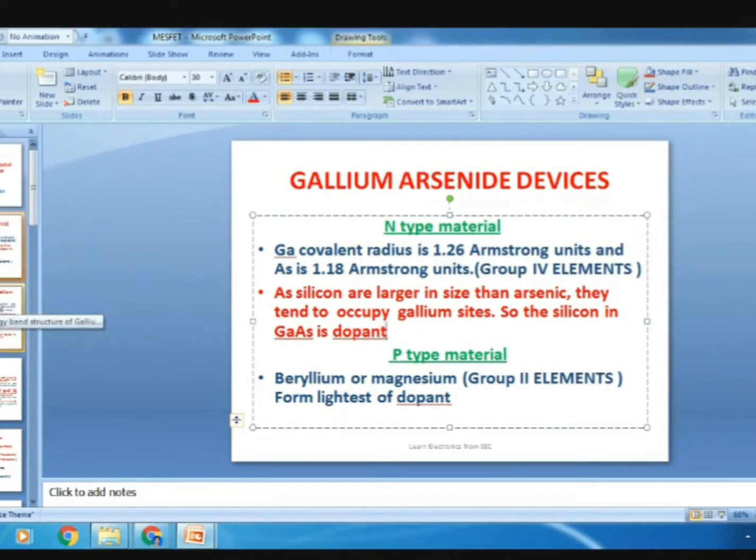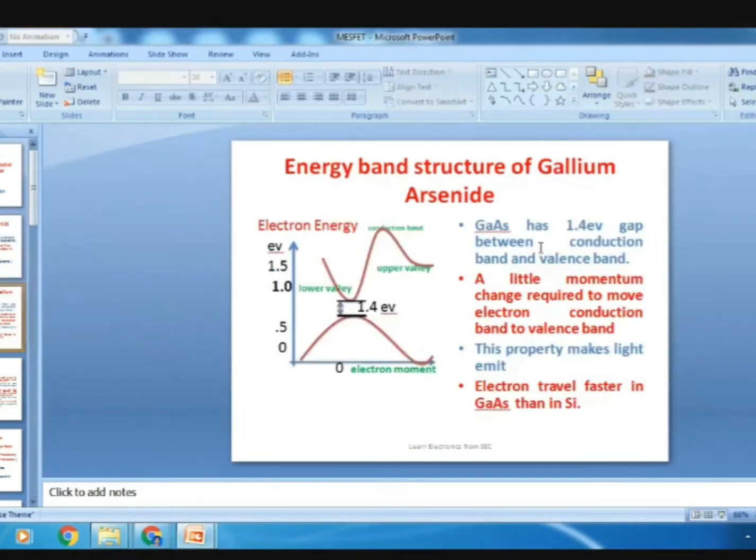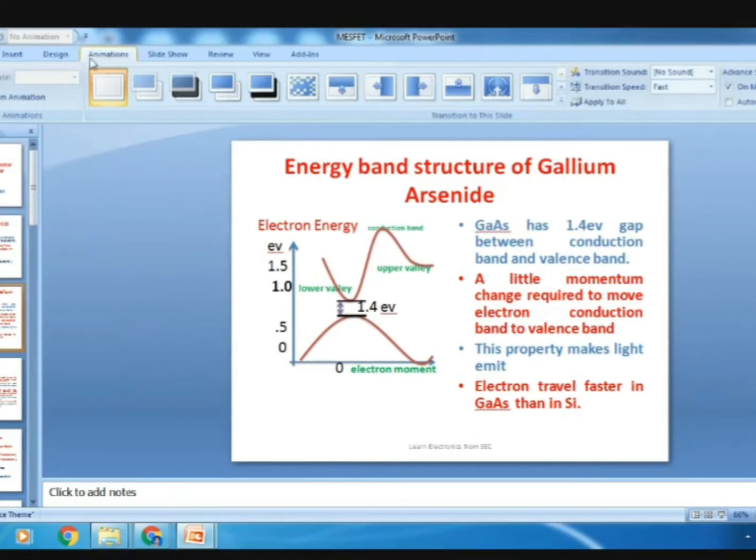And then why we particularly go for gallium arsenide means, if we see the energy band structure of gallium arsenide, we plot a graph between electron energy, which is measured in electron volts, on the y-axis, whereas on the x-axis electron movement is taken. Okay, the center value will be 0 here, and if we see the first curve, let me put this in animation. If we see the first curve,